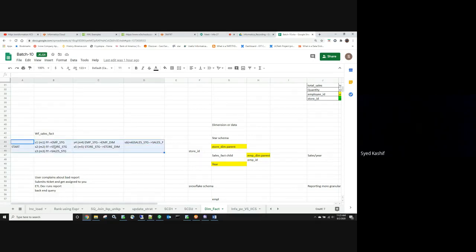Okay, 120 staging, 80 dimensions, and 40 facts. So 120 plus 40 plus 80, that's 240 sessions. It's going to look very bad, right? It's going to be all over the place. So what we do is